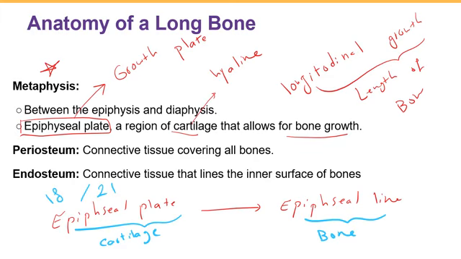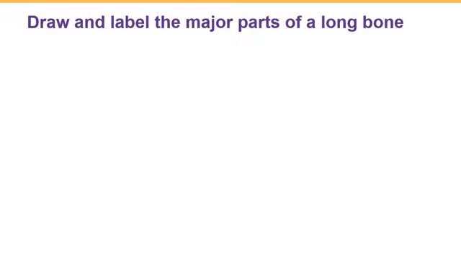And then we talked about these two structures which are kind of covering and protecting our bone. Periosteum, connective tissue covering the outside of the bone, and endosteum, again the connective tissue lining the inner surface of the bone. And then do not forget to practice drawing a long bone and labeling the major parts of the long bone, like diaphysis, epiphysis, metaphysis, medullary cavity, draw periosteum and endosteum, and also do not forget the epiphyseal plate or epiphyseal